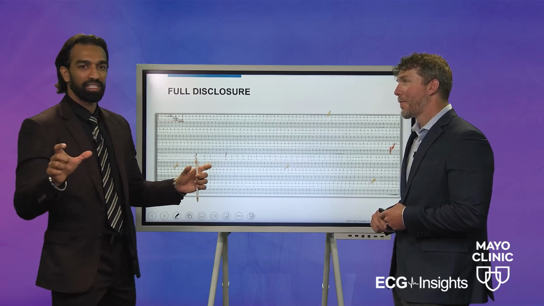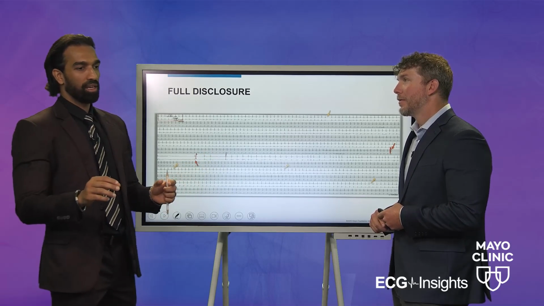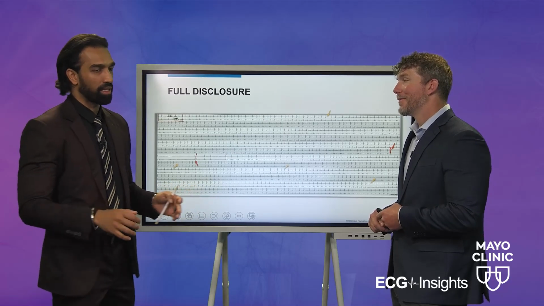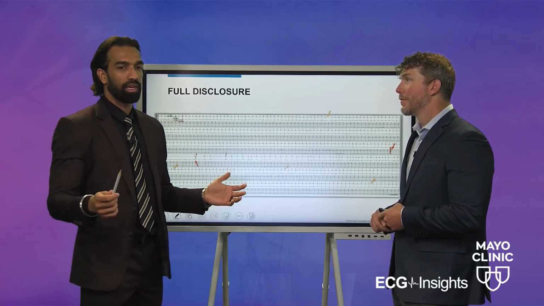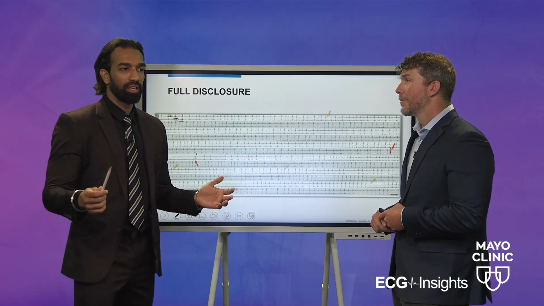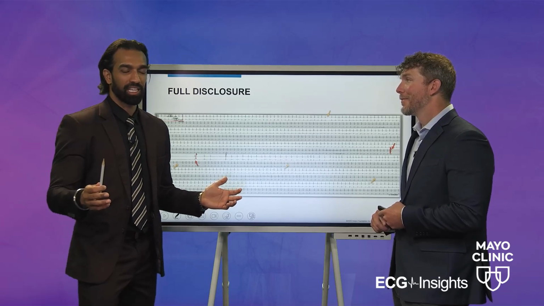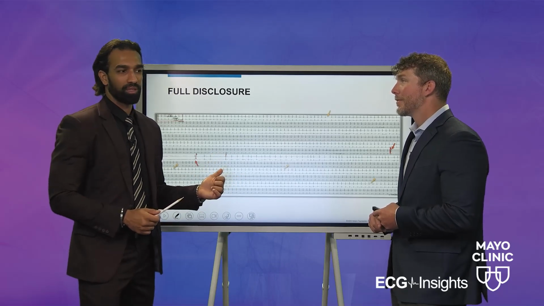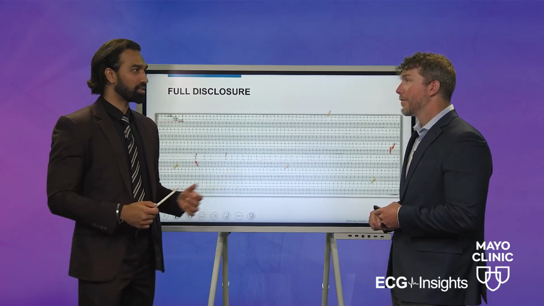So that's where looking at this P-to-P slowing versus just AV block with no slowing in the P-to-P matters, they're very different things. So a long pause in the setting of a high vagal tone is not concerning, even if it's 10 seconds, 15 seconds, 20 seconds. A short pause with evidence of infra-Hisian block is very concerning. Okay.